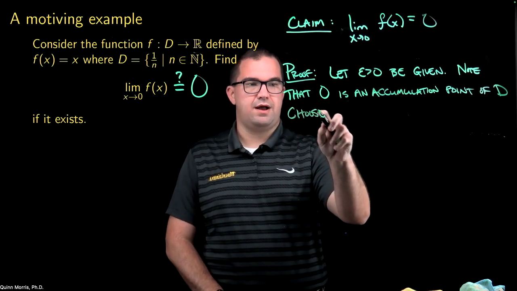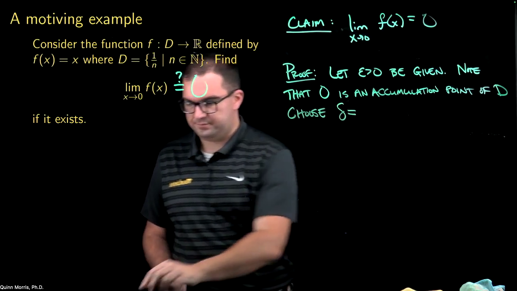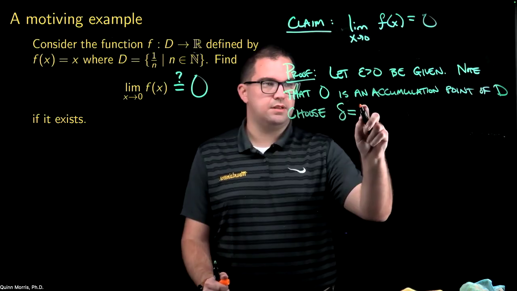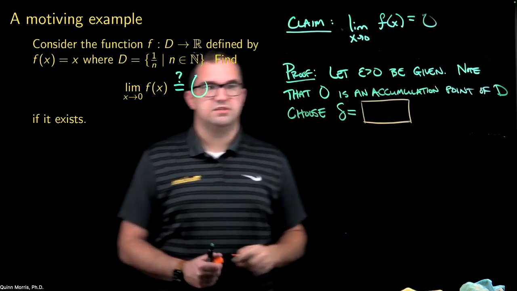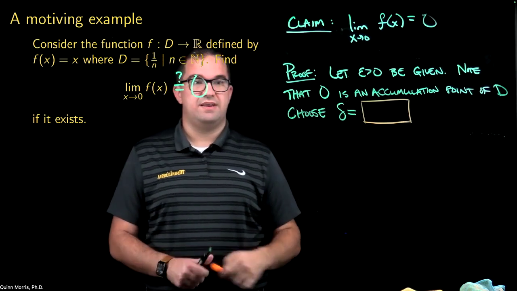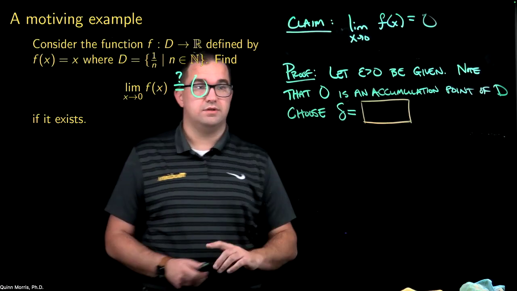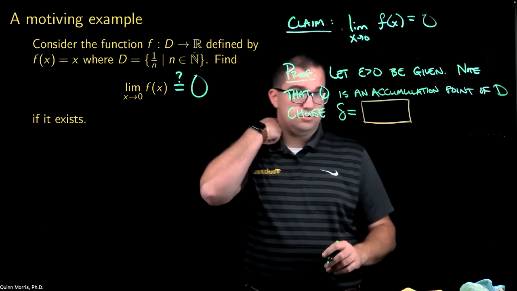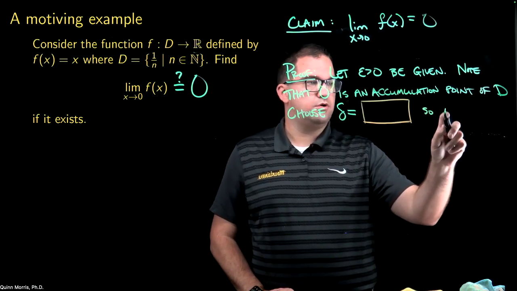So now I need to figure out how I'm going to choose my delta. For the time being, I'm going to leave a placeholder here. This is going to tell me for a given epsilon how I should choose my delta. I don't know yet, so I'm going to just leave a blank there. So choose delta equal to something so that